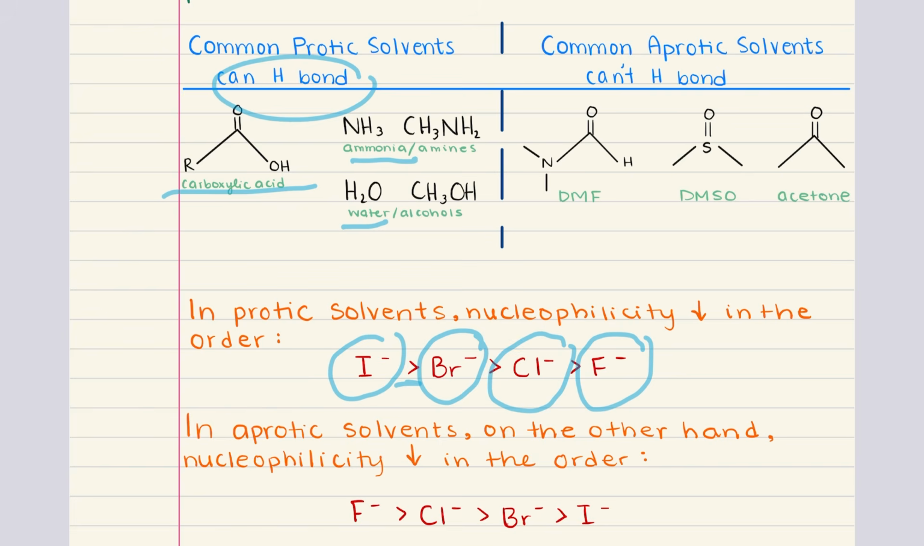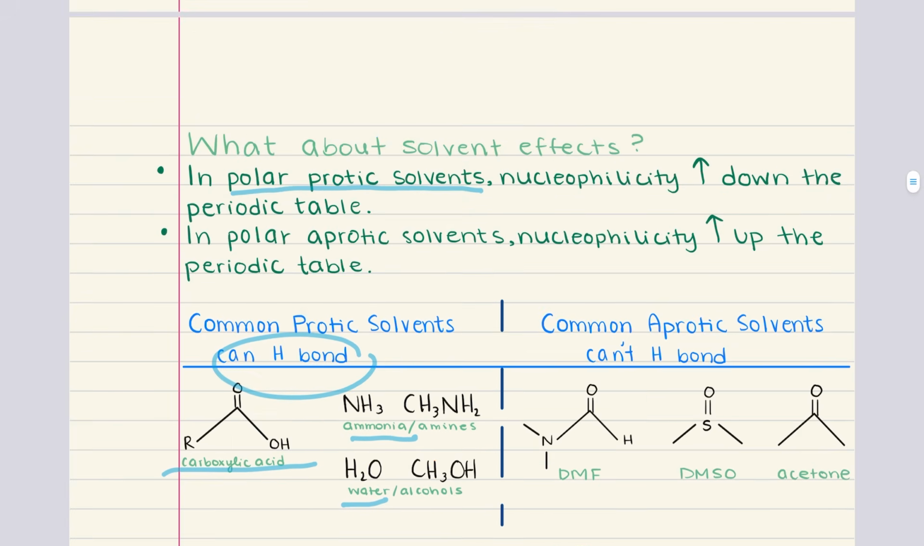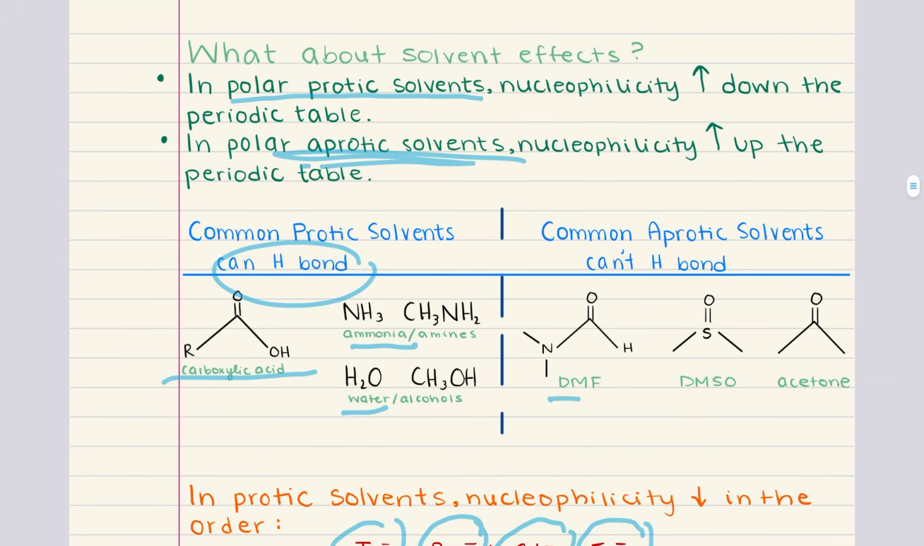This trend occurs because larger anions, like iodide, are less affected by solvation due to their more diffuse electron cloud. In contrast, smaller anions, like fluoride, are going to be strongly solvated, and that's going to make them less nucleophilic in polar protic environments. On the other hand, polar aprotic solvents, such as DMF, dimethyl sulfoxide, or DMSO, and acetone,